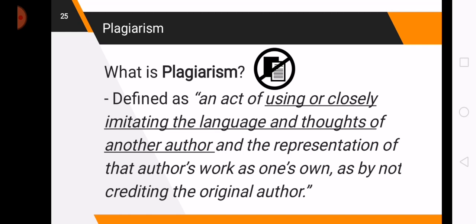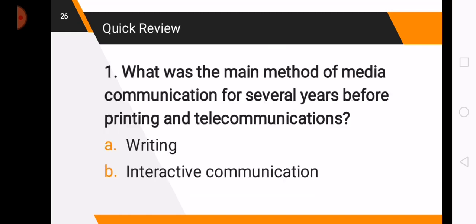Or for example on Facebook, you like a photo and you save it, but that's not yours, because you are not the one who captured it. So that can also be plagiarism. Anything that is not yours that you claim is plagiarism, and that is not a good practice.